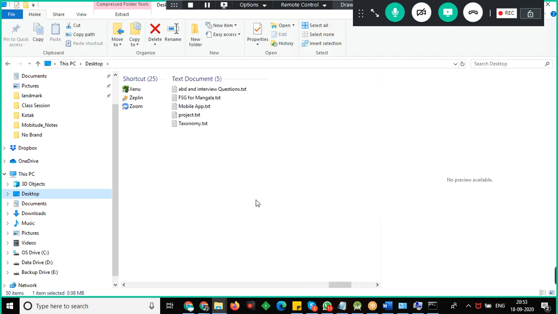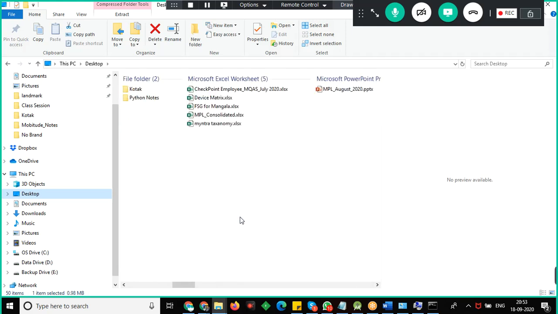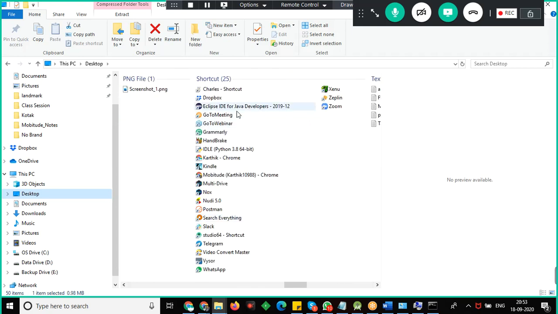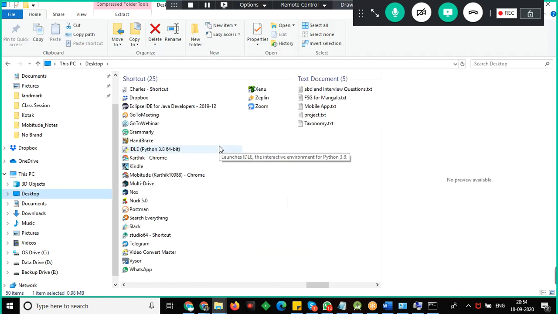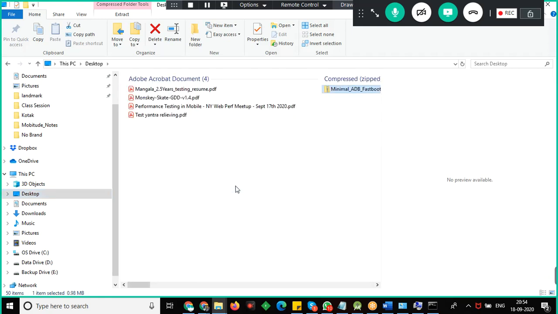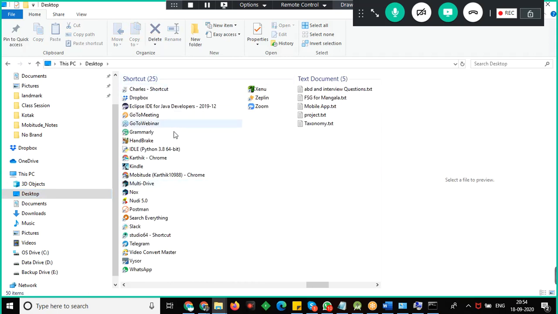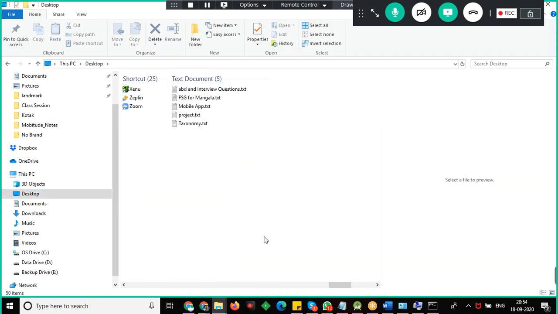So I just created it on the desktop, right? One second. So you'll be getting a shortcut like this. You'll be getting one shortcut, minimal ADB.